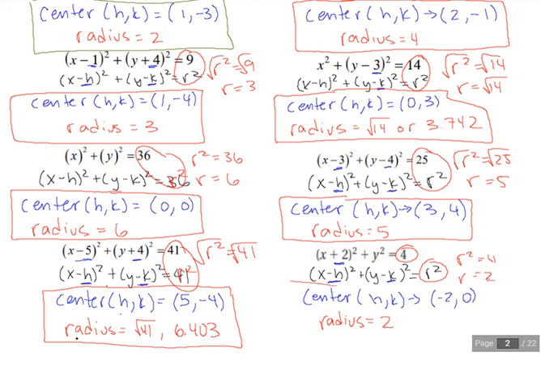Okay, that's going to be it for part 1. In part 2, we're going to be writing equations based on information, but you're going to see the same kind of rhythm because if I can look at an equation and pull the center and radius, certainly if I'm told the center and radius or something like that, I can write the equation, but that's going to be in part 2. See you guys in